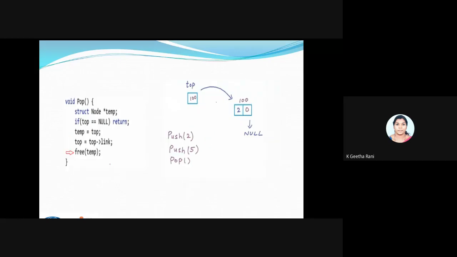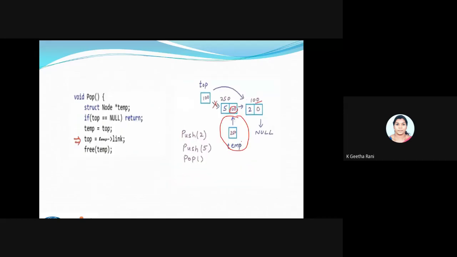So this node will be removed. I'm getting direct access from top to my second node, and my first node has been removed. This is the process of popping data from a list using this stack. We have just 3 lines of statements, a logic for push as well as the pop. So that's all about the linked list implementation using the stack.